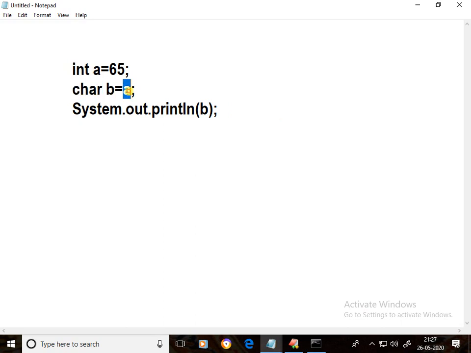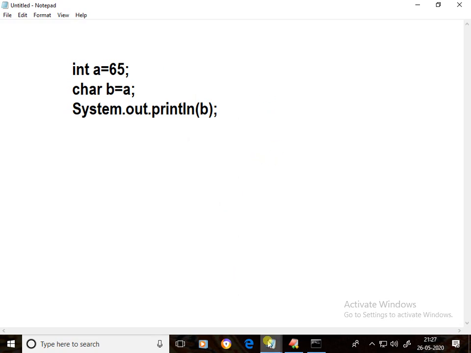Here a is assigned to b, that means integer assigned to character. This conversion is called integer to char. Integer to char comes under 23 conversions. These conversions must be done by programmer explicitly, otherwise compile time error occurs. This is narrowing conversion. This error comes.